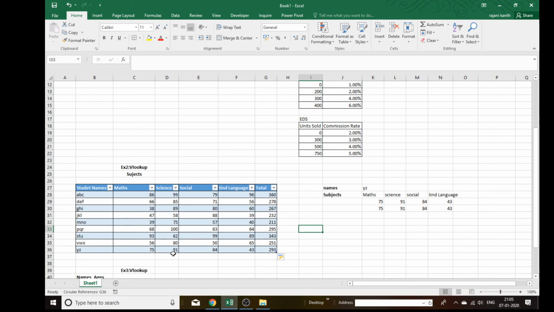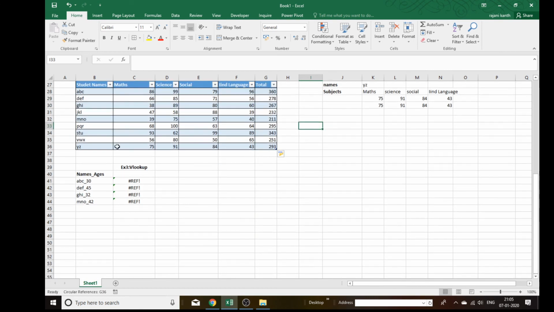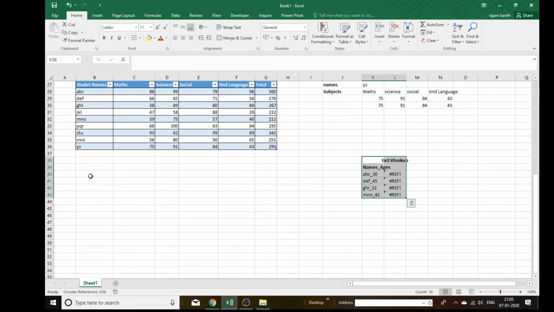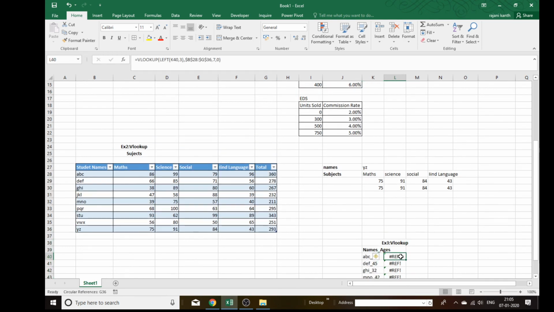Now I will show you some hidden features. You will be shocked after seeing that this thing will also happen in Excel. So first of all, we will move this one also. It's a reference error because we took this one now. So for that we will say reference error. Laptop, okay, we'll make it this. So see here, why it is saying reference error, I'll explain to you.